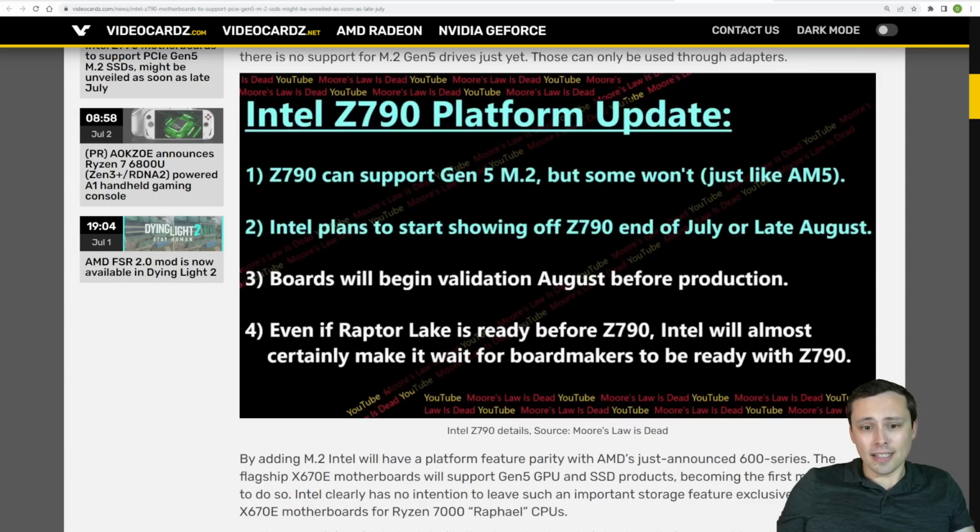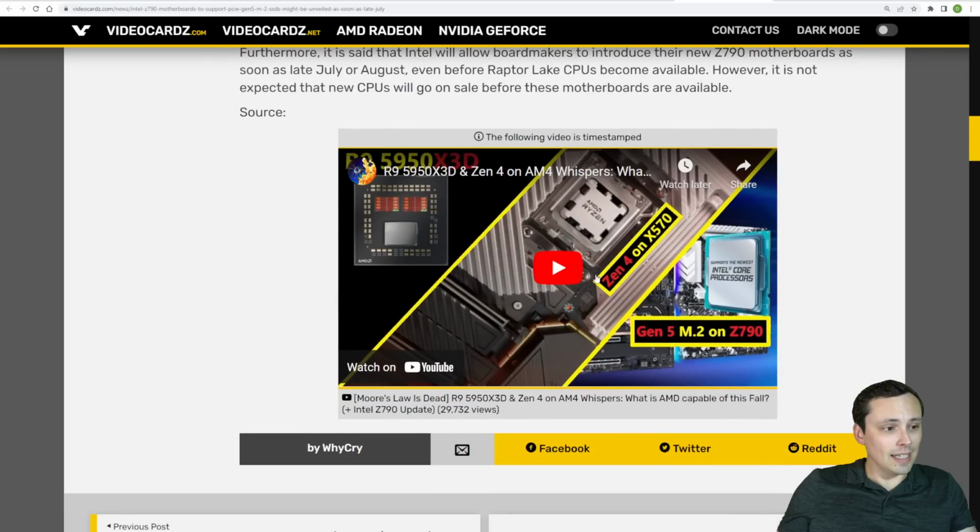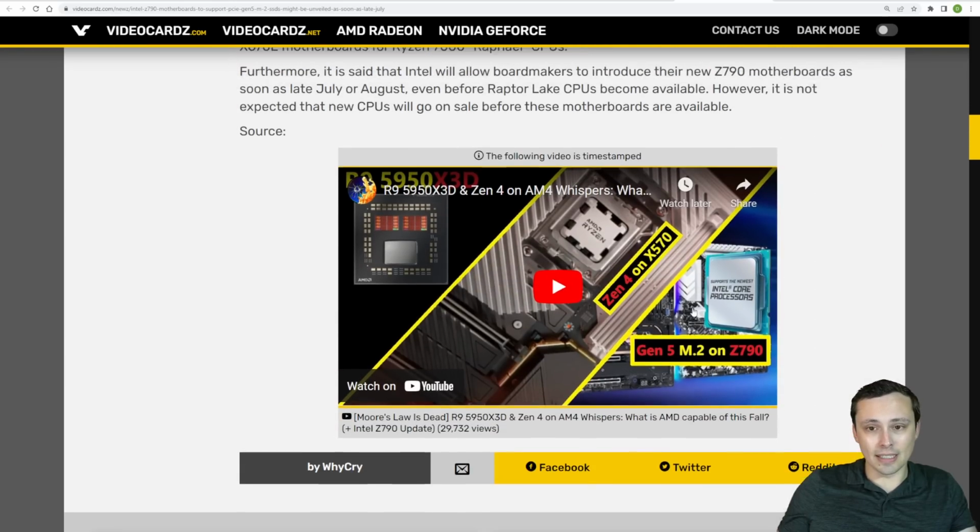He's looking at Intel probably showing off the Z790 either at the end of July or even later into August. Now, I believe his color coding here is that the white here is less confident, but boards could begin validation in August before production, and even if Raptor Lake is ready before Z790, Intel will almost certainly make it wait for board makers to be ready with Z790. All right, so that'll be interesting to see, and again, you get a lot more details here and thoughts from Moore's Law is Dead if you take a look at his video